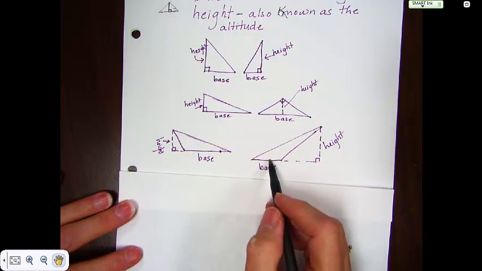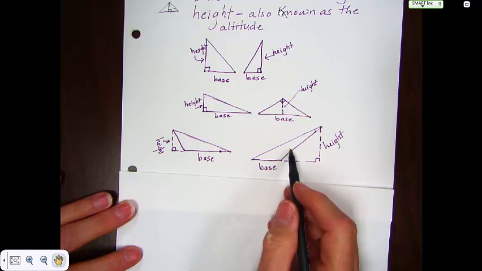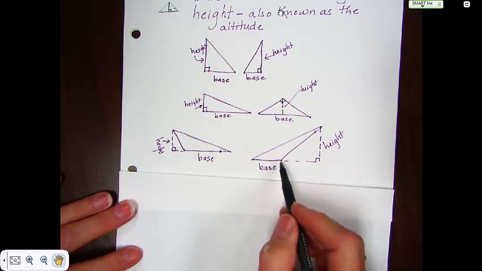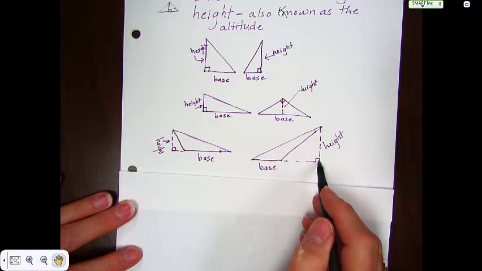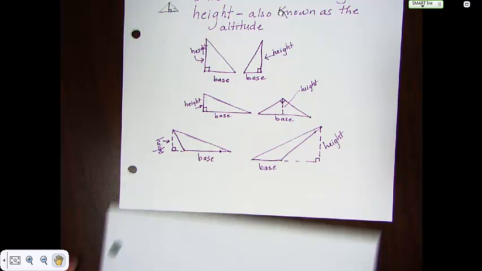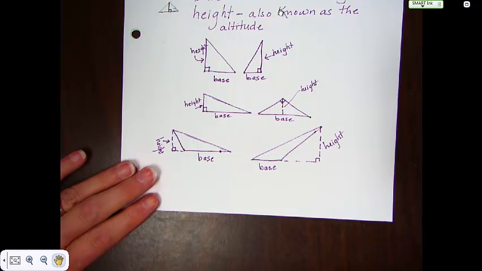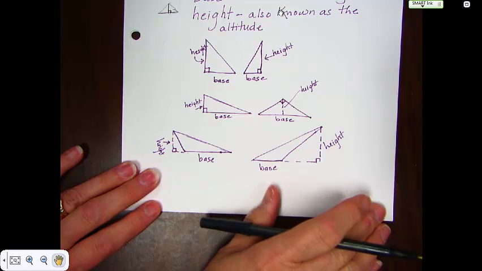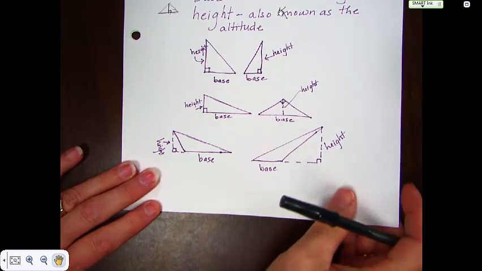This is very much an obtuse triangle, very, very obtuse. Its major angle is very large. Here is the height for that triangle. It is also drawn outside of the space of the triangle. Definitely would put some of those in your notes because you're going to run across those and you'll be looking to try to figure out how to find the area of them and you won't know. Okay, now